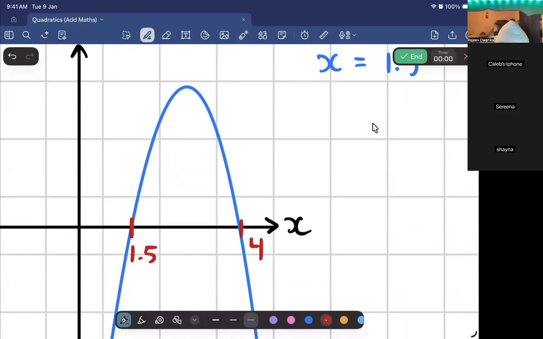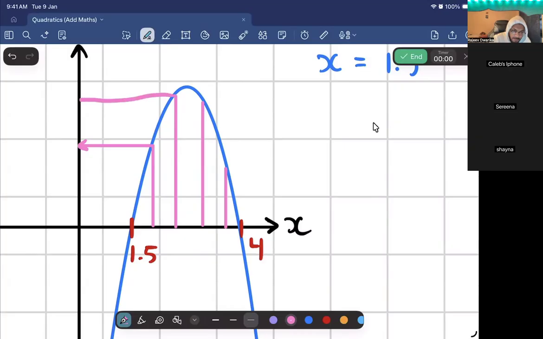Say that again. I'm not hearing you. 1.5 and 4. Yeah, between 1.5 and 4, right? Serena, do you understand this well enough? Yes, sir. Okay. So Serena, do you see that if I take any x value there in between 1.5 and 4, it's giving me a read-off that is more than 0. In other words, it's positive. Yes, sir. Okay, so